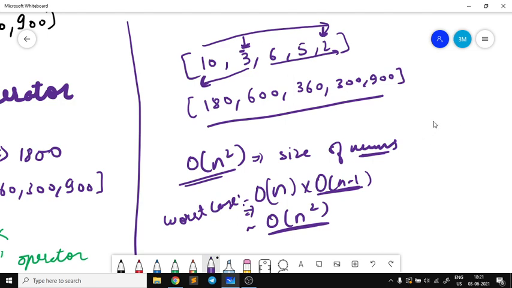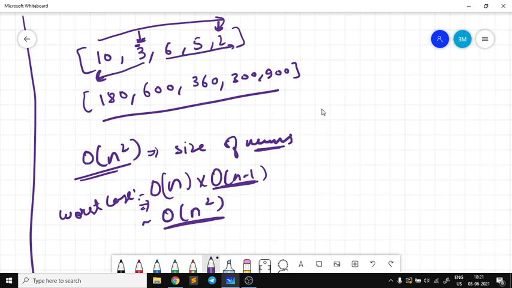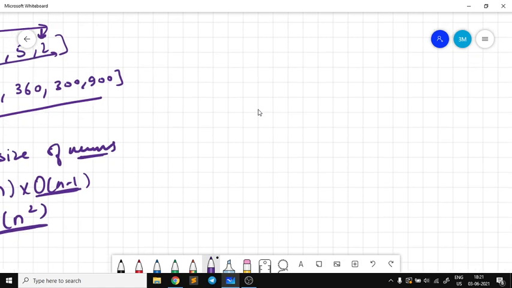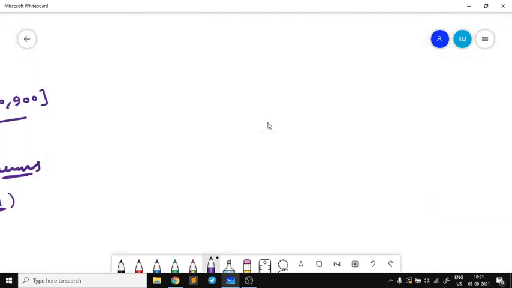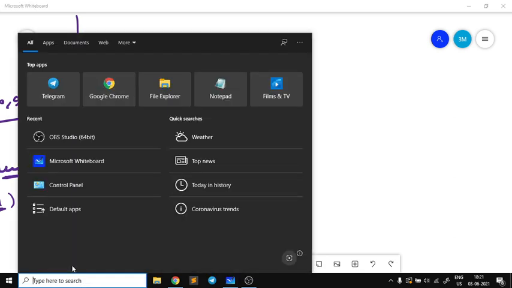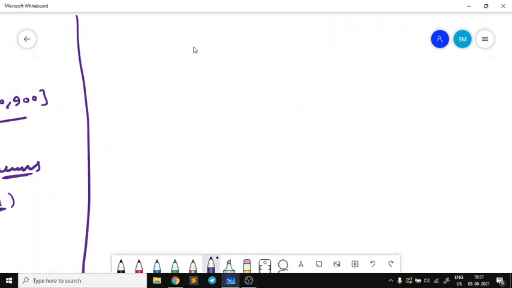So I hope the main idea, the fundamental idea, is clear to you. We will have to just normally iterate to the left hand side and right hand side and find the product of them, but we have to do it in a smart manner. So what we can do is, I hope you have heard of the topics prefix and suffix array. We will create two arrays, one will be the prefix array and another one will be the suffix array.